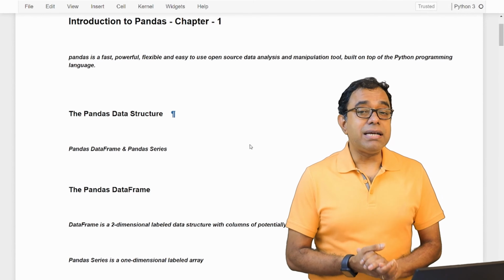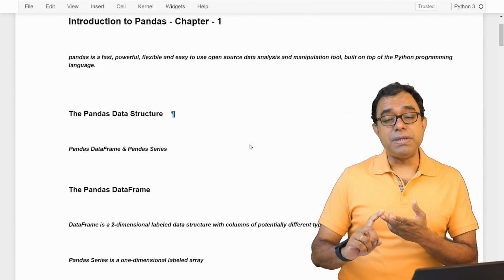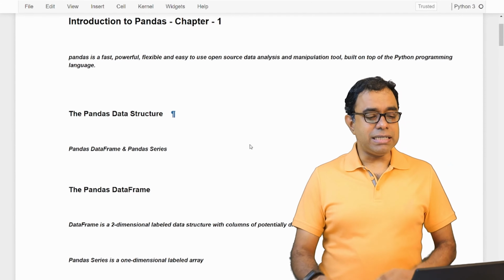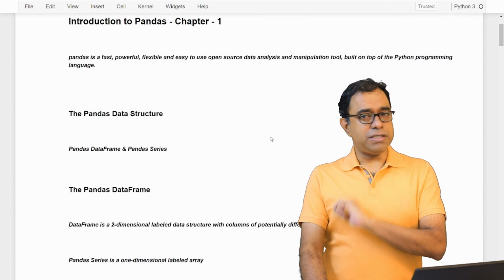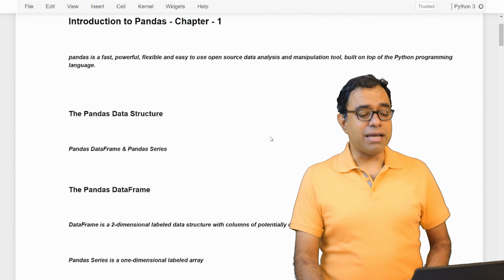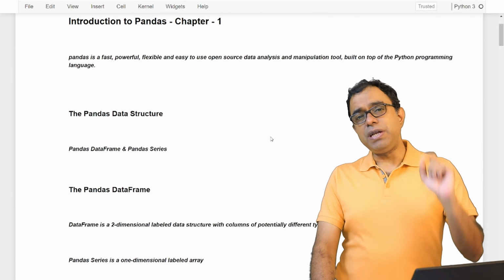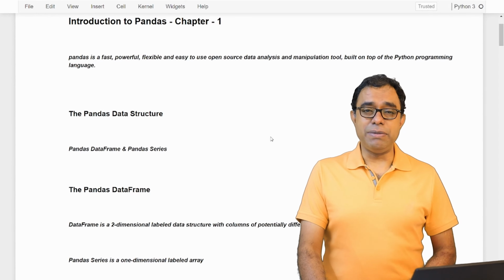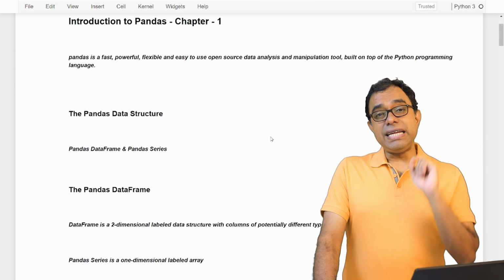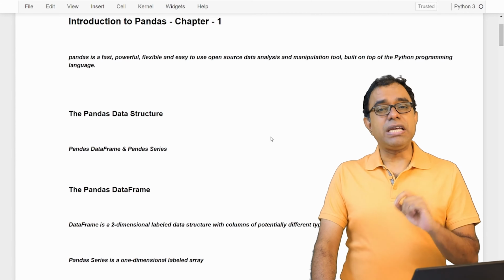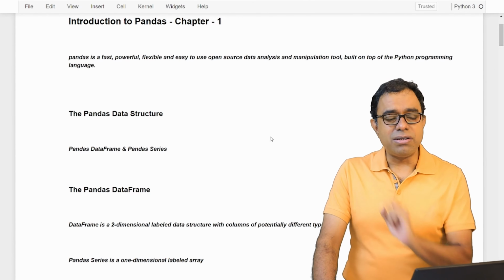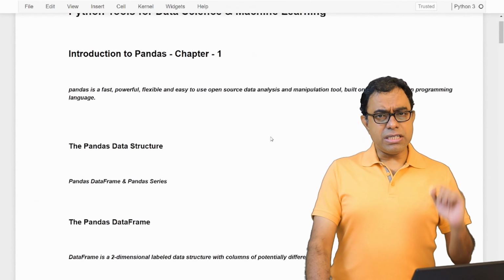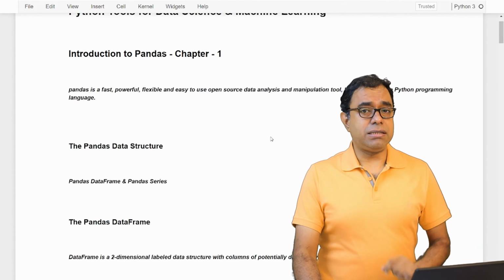So Python Pandas is a fast, flexible, powerful and easy open source data analytic and manipulation tool, which is built on top of the Python programming language. So it is a data analysis tool which is very useful in lots of cases. So this is what Python Pandas does.